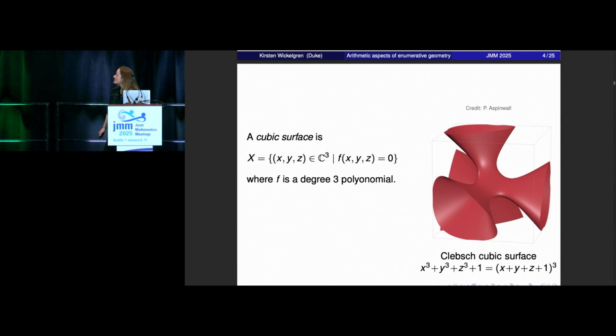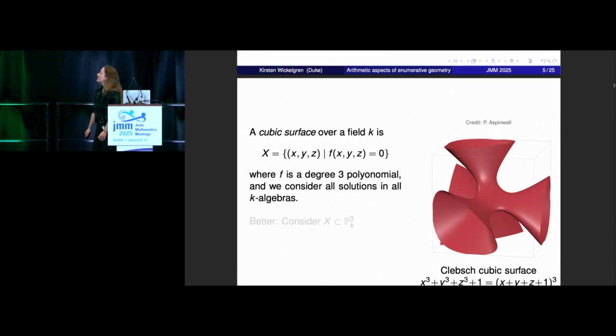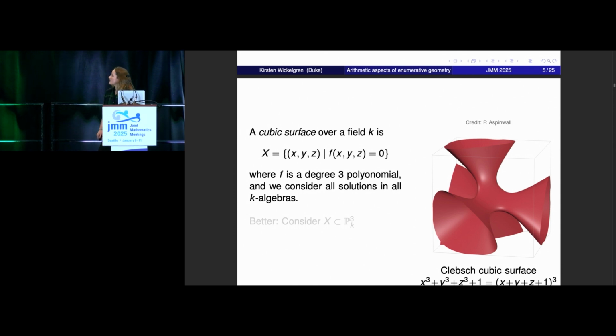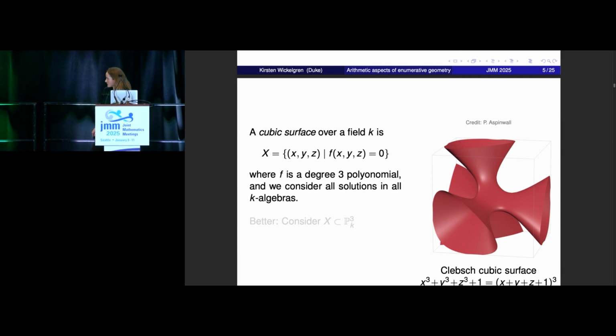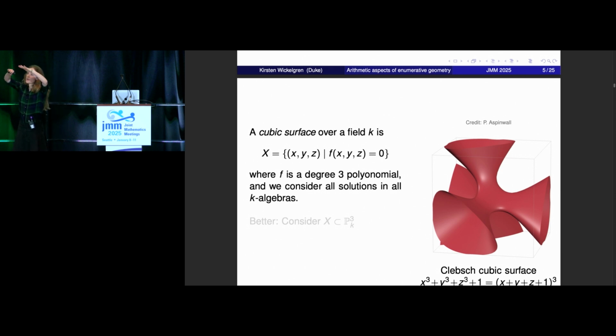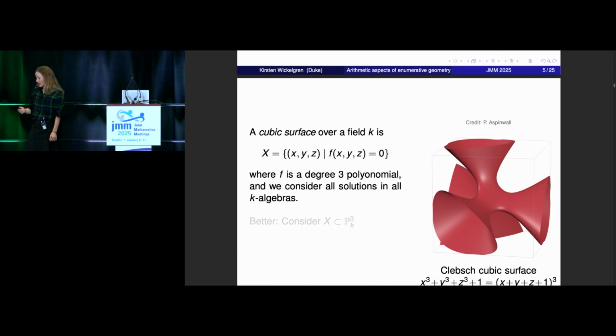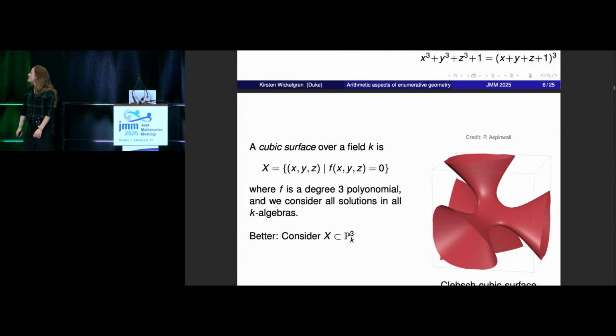And we're really going to be interested in a cubic surface over any field, and we're going to view it as a scheme. And what that means is a way to view solutions to polynomials as a kind of space that can be thought about as considering all the solutions in all the K-algebras. So there it is, a scheme over a field K. And again, since we're counting, it's good to compactify. So the whole room sits inside a compactification where there's a P2 at infinity. So let's consider X in P3.